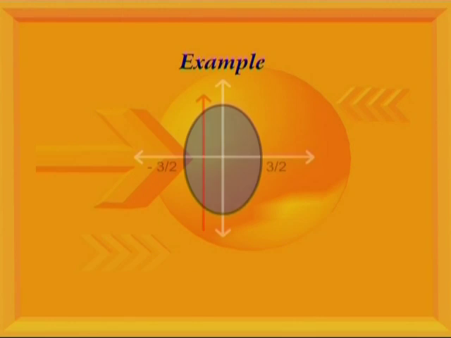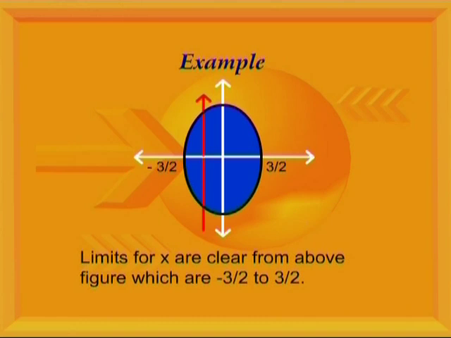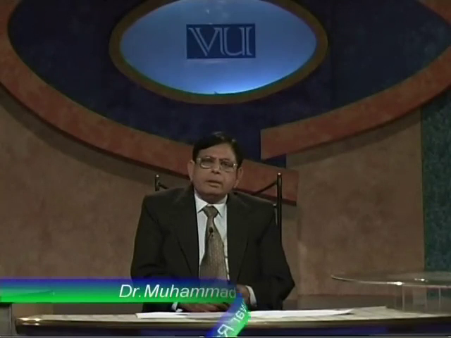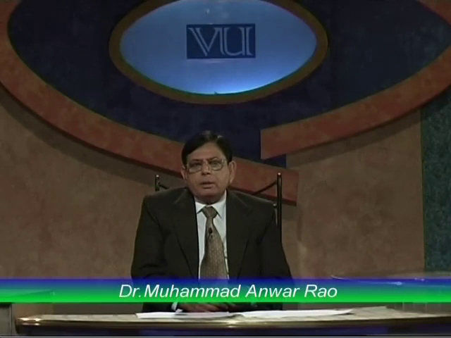For the x limits, it is very clear from the diagram that x varies from minus 3 by 2 to positive 3 by 2. We have found our limits. Now we start integrating that function, z in terms of y. So we integrate that function, and that function is a surface, and we will be able to find the volume